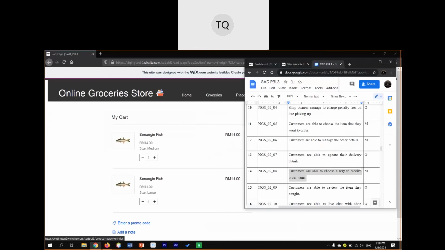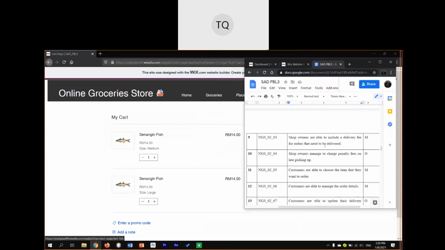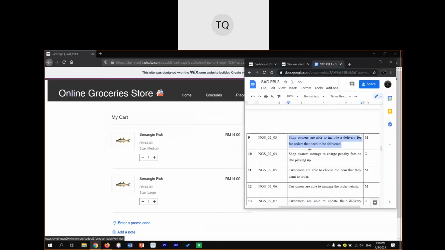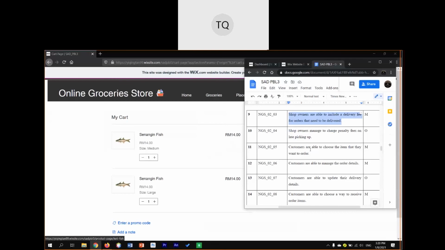Okay, and then requirement number 3 is shop owners are able to include a delivery fee for orders that need to be delivered. So here, if I choose delivery, a delivery fee of 5 ringgit will be charged on the order. And then the following requirement is